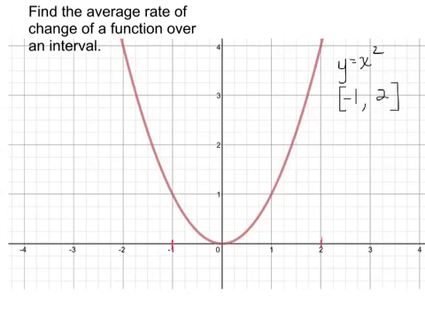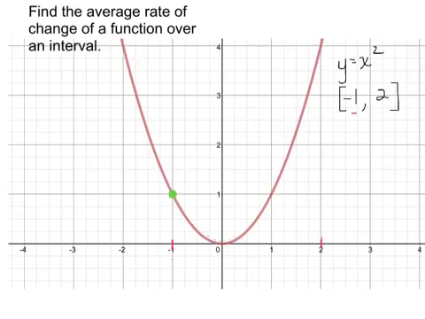What's the average rate of change of the function? Now notice, the idea here is the function is obviously changing. If we take minus 1 as our starting point, then the function initially starts right there. But notice it drops down. So it's changing position. It's changing y values as the x's change. And notice it changes kind of fast at first, and then the y values kind of bottom out, and then they start increasing, right? So as x moves from minus 1 to 2, the y's are changing,